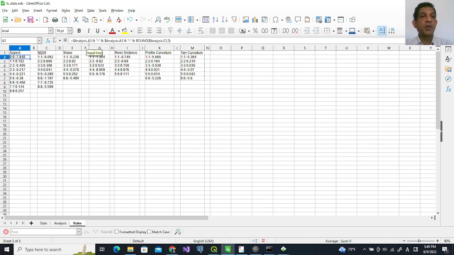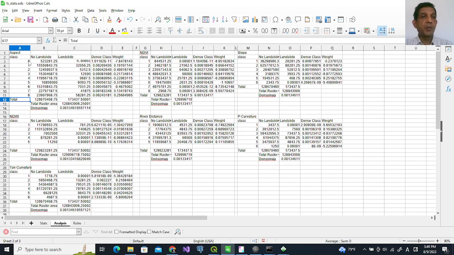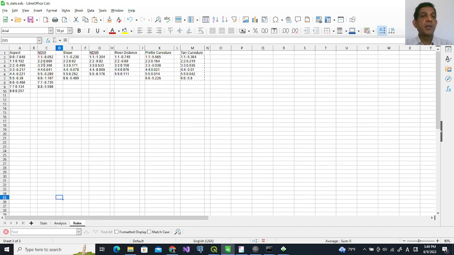For example, I have used column A for the original and column E for the output. So you can check this, column A for the input and column E for output. So for each you can see the columns are different,